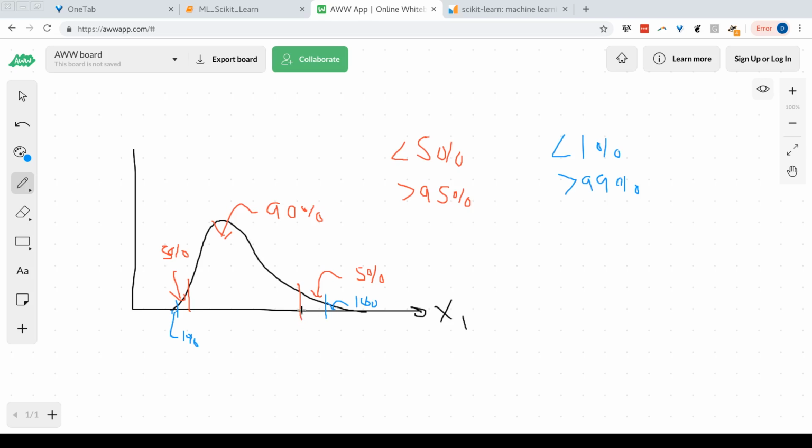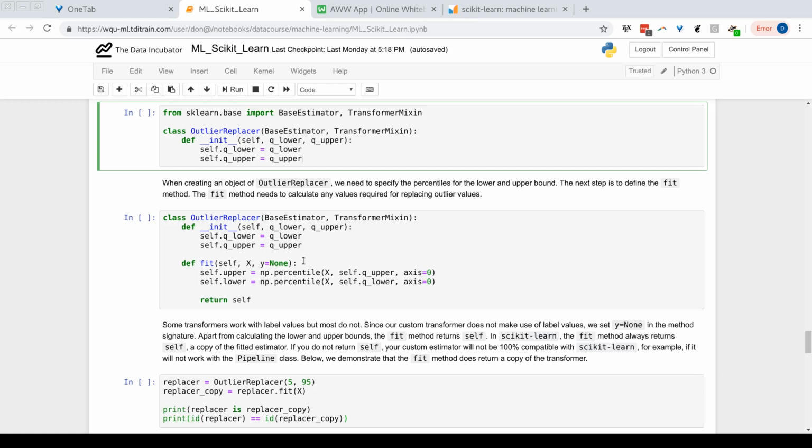I need to figure out where these cutoffs are. That's what needs to occur during the fit method, because if I know where those cutoffs occur in my distribution, then I can use that to modify my data set and apply the transformation. This is something I need to know for my transformer. Anything that I need to know and calculate for my transformer goes into the fit method. So a nice way to figure out these cutoff points is by using the percentile function